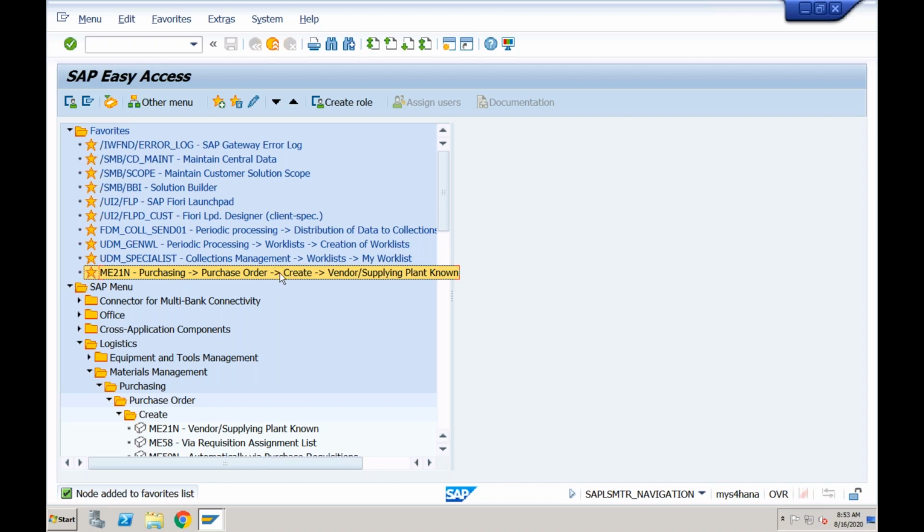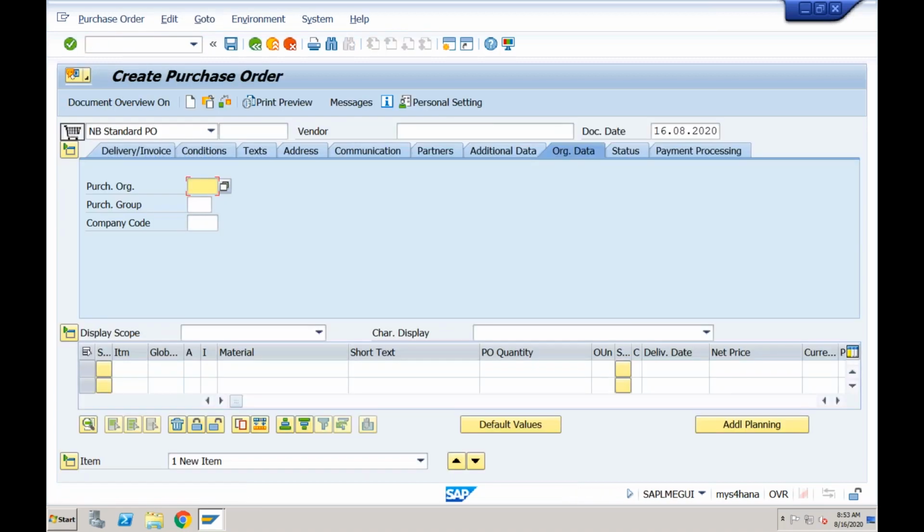So this is one way of making sure that you don't need to go through these details. This is one kind of shortcut, so whatever things you do on a day-to-day basis, you can add to the favorites. The second way is if you remember the transaction code. For example, the transaction code for this activity is ME21N. If you come here and enter your transaction code ME21N and press enter, the system will automatically take you to